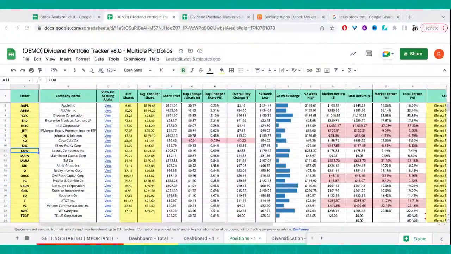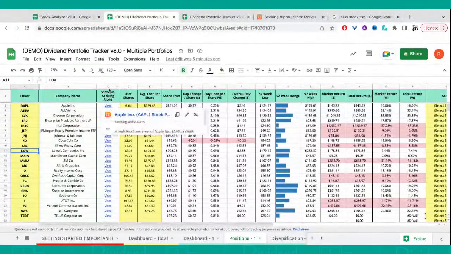If I go fast, you can always rewind the video, maybe play it at half speed or something like that so it slows it down. But I do want to get through it rather quick because we do have a couple more questions to get through. But before I answer that, guys, one thing that I did forget to mention,